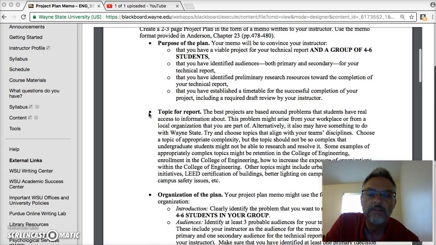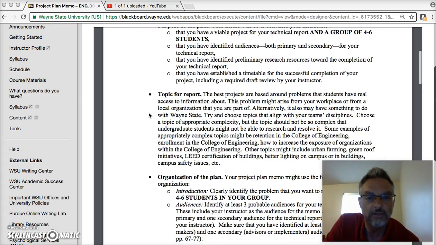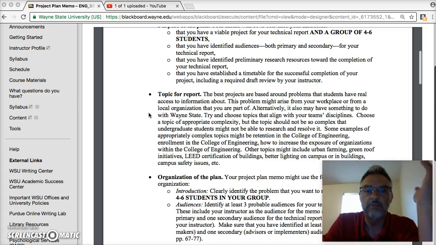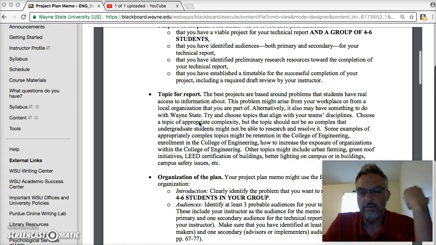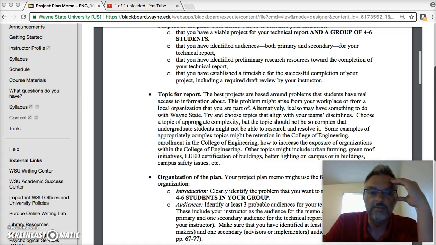So the topic, and we've discussed this a little bit. You guys are looking at these right now. The best projects are based around problems that students have real access to information about. And that is what's key in looking at these. As I said, I did review and read them this morning. And I found that a lot of you are thinking about a lot of things that are going on. Obviously, with the majority of the students in this class in the College of Engineering, a lot of you had issues with the temperature, and I can quite relate to that, especially this week,